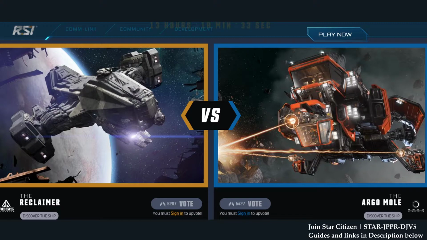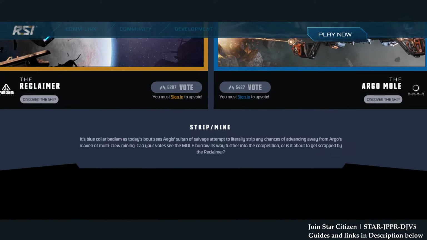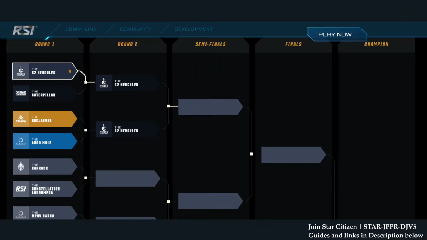And of course, we had yesterday's round 1, which we already know who the victor is. If you do not know who the victor is for round 1, let's go through the list. We have the C2 Hercules, which is the crown victor, versus the Caterpillar. The Drake Caterpillar was the year 1 winner, and of course,